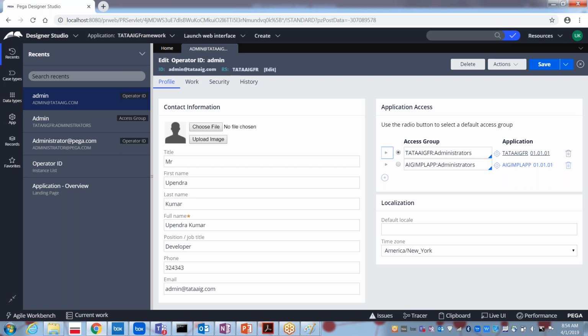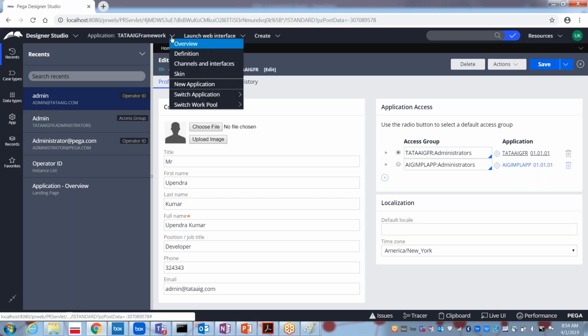If he wants to implement any functionality which is reusable, then he can implement it under the Tata AIG FR. In case you want to implement any functionality which is specific, then we can go with the AIG implementation app. So where can we change this application? Right now he is working on the Tata AIG framework application.